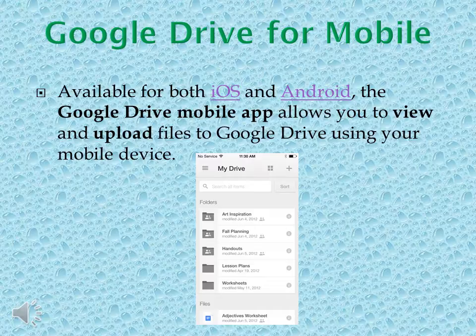Google Drive for the desktop. If you prefer to work on the desktop or your computer, you can download the Google Drive desktop app to your computer. This is available for Windows and OS X, which is your Mac system. This app makes it a bit easier to upload an existing file and work offline. Once it's installed, you'll need a new Google Drive folder on your computer. Any files you move into the folder will automatically be uploaded to your Google Drive. So, this is all about Google Drive for mobile and for the desktop as well.